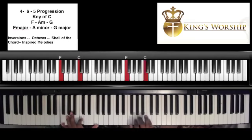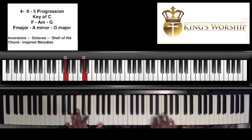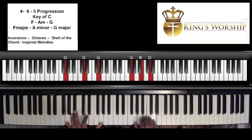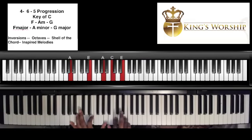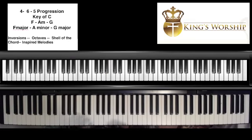So F, A minor, right? So what am I doing? I'm just playing the inversions of the chord, right? Now,